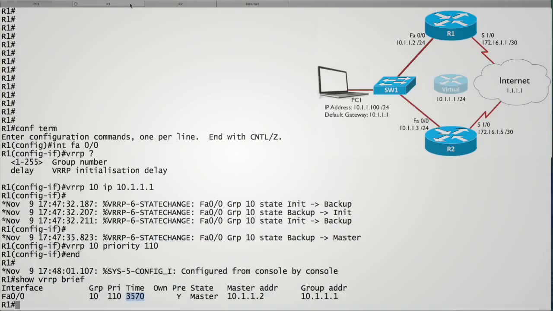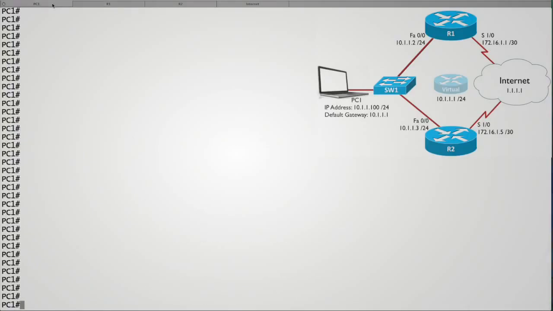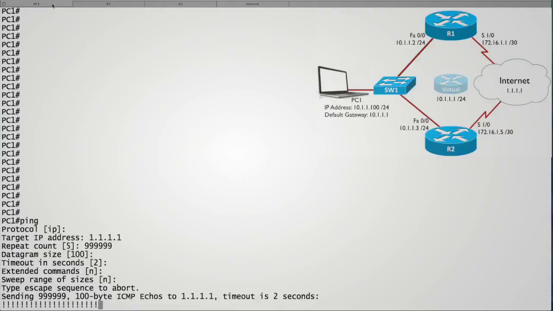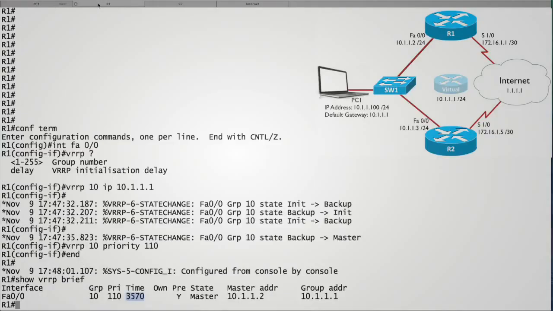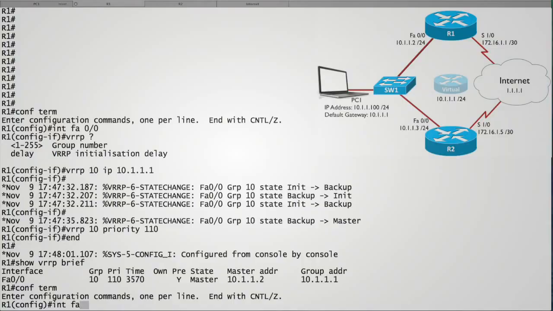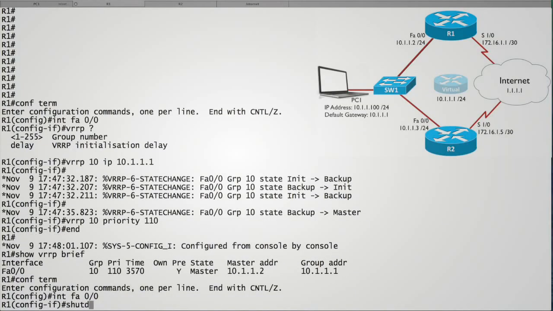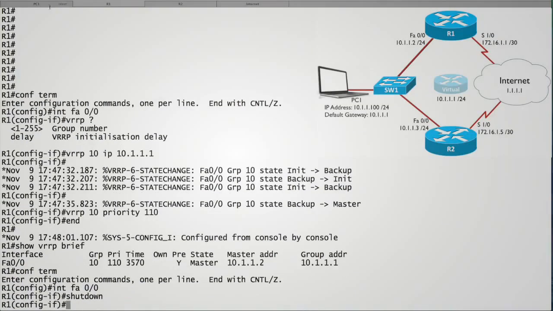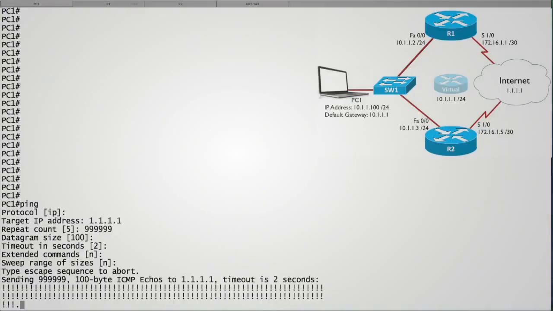But for now, let's watch VRRP in operation. Let's go to PC1 and start a series of pings to an IP address of 1.1.1.1, and we'll give a bunch of pings. So we'll have a steady stream. There we go. Now let's go over to R1, and in interface FastEthernet 0/0, let's shut it down. And did we lose any packets? We lost a couple,